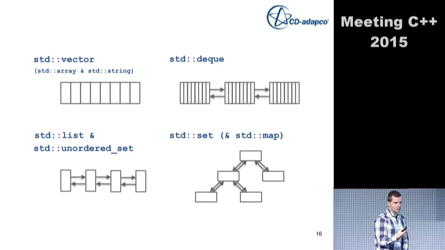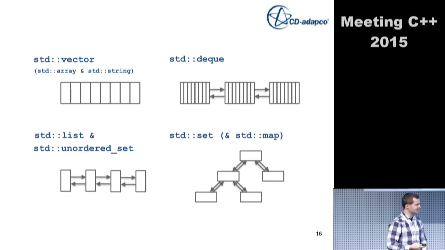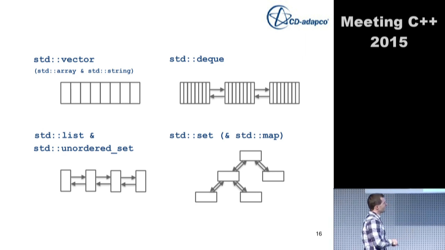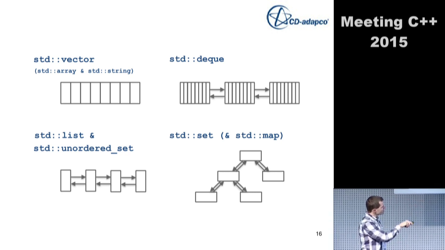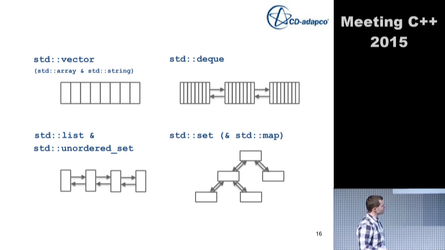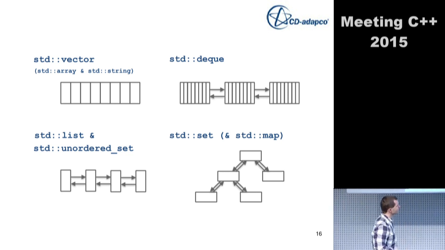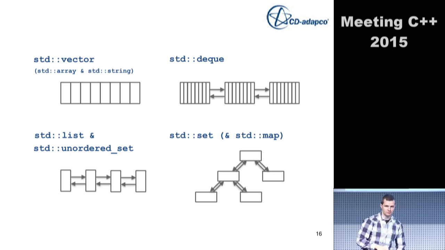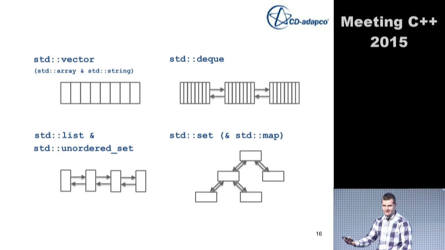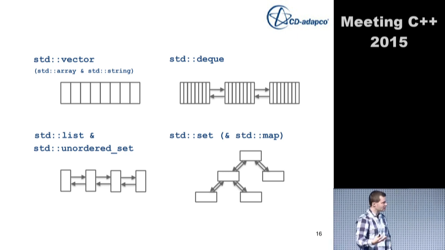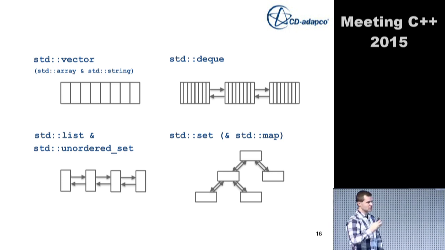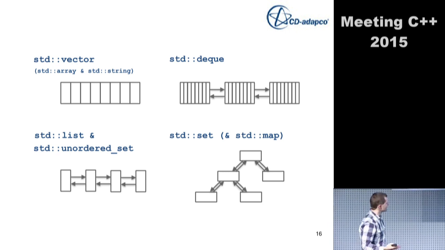Set and map, well, obviously tree-like data structure. So binary trees, I can move forward and backward throughout this tree. All of the trees have, of course, additional pointers. I can also go to the parent element, so I can traverse the entire set or map for this matter. I will only use the set, though, because a map is only an additional value associated with the according key. It doesn't really give us additional insight. It's just a little more memory that I have to load. So set should suffice to put the tree data structure to the test.